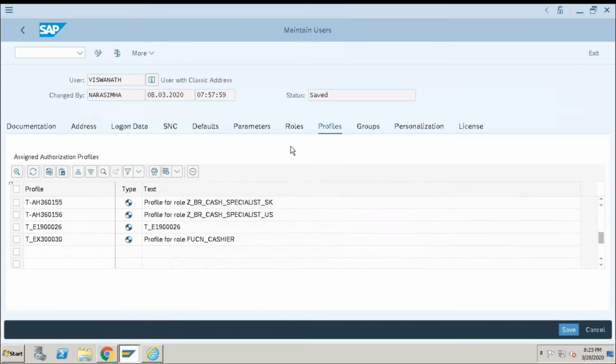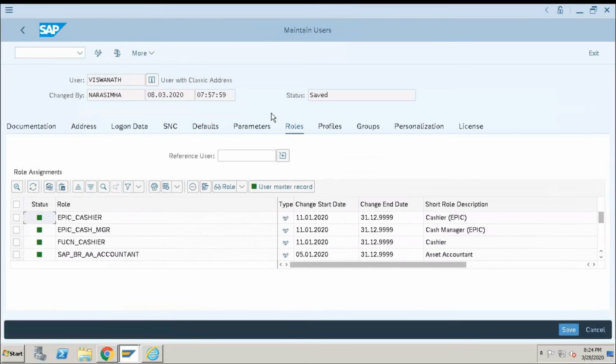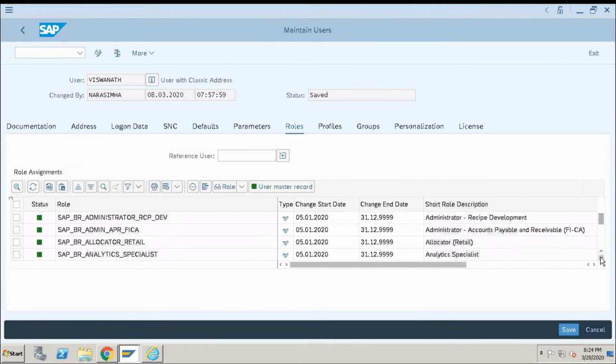As an FI consultant, we ourselves design the roles. See here, functional cashier, SAP BR, asset accounting accountant, administrative group. These roles are downloaded and activated by basis consultants.